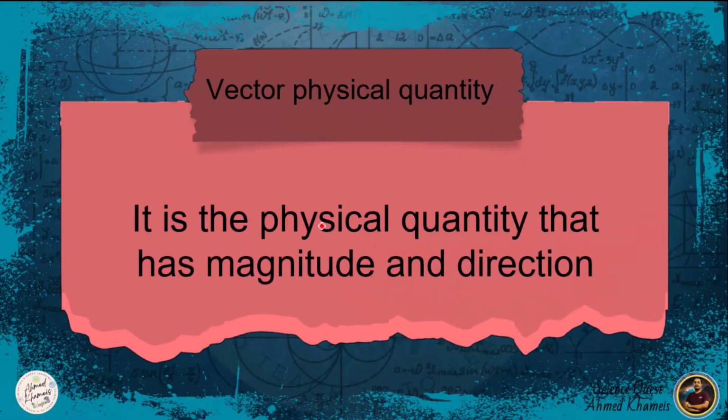Second, a vector is a physical quantity that has magnitude and direction. So in order to identify a physical vector quantity, we have to identify its magnitude and direction,